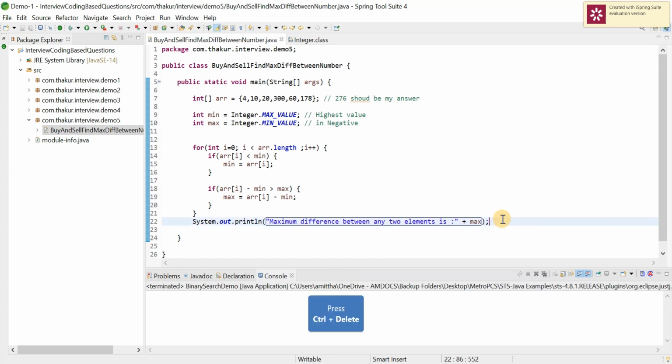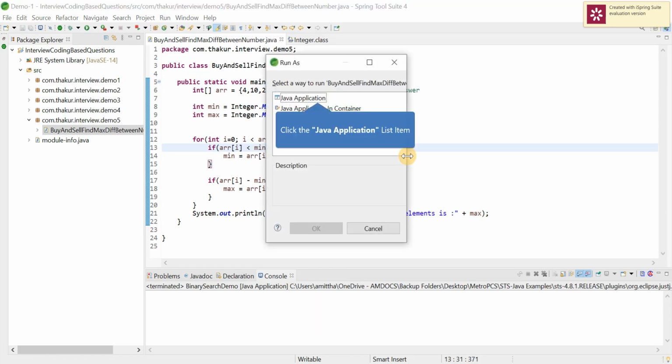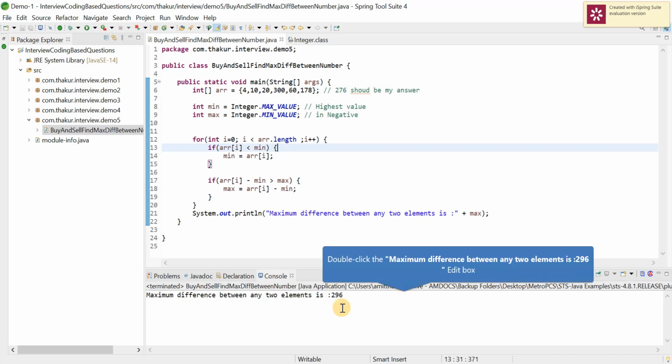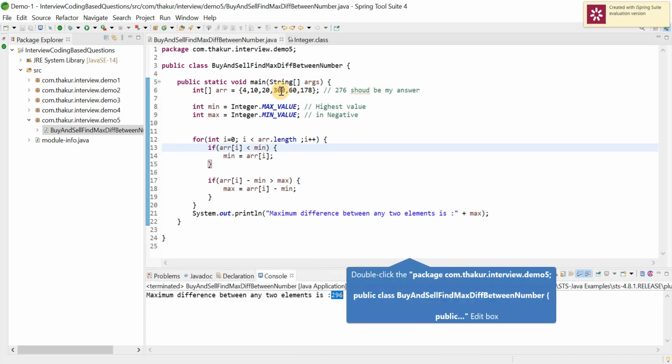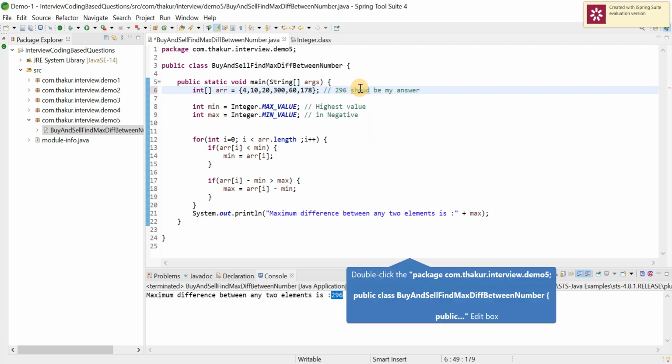Just so we can see the output, Control F11. So 296. Sorry, not 276, 296. My mistake. Correct.